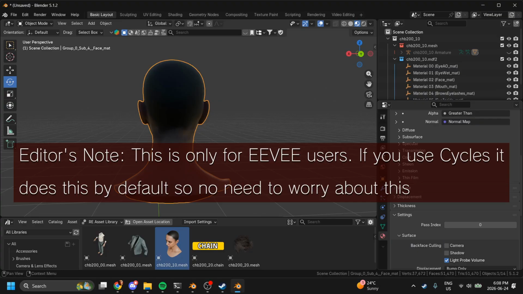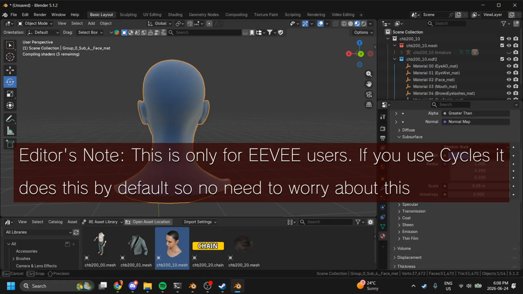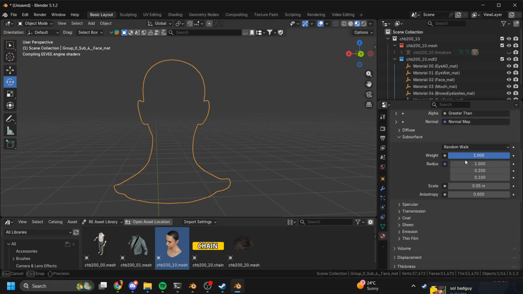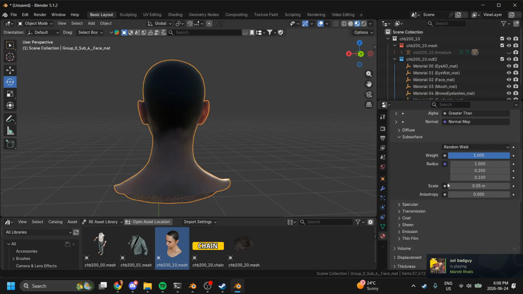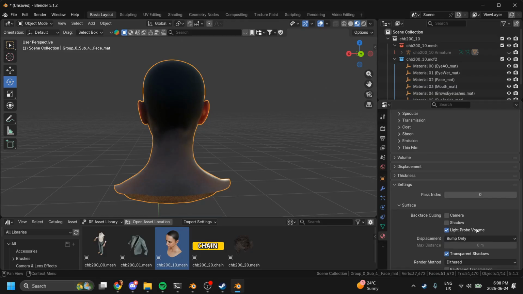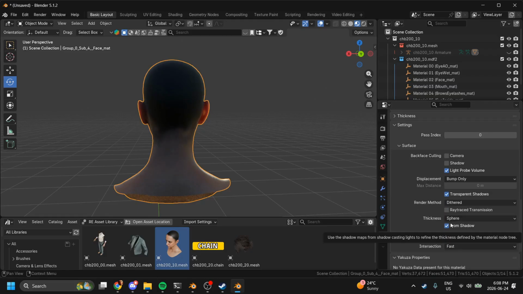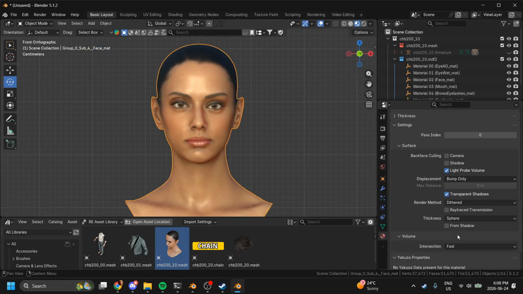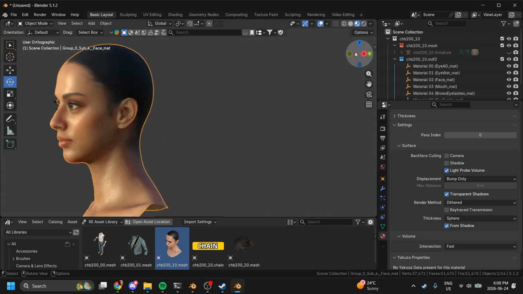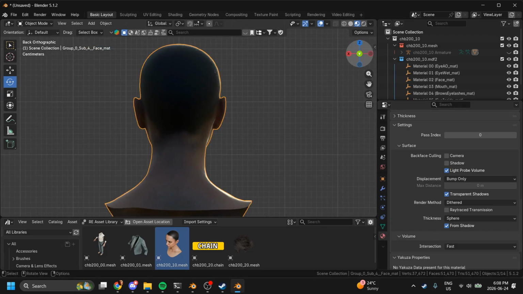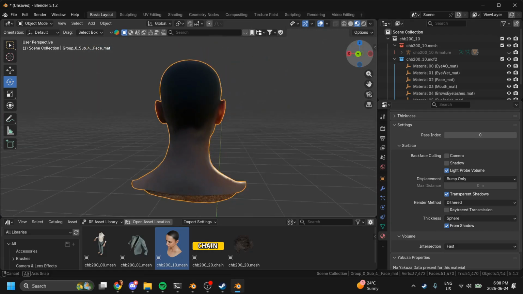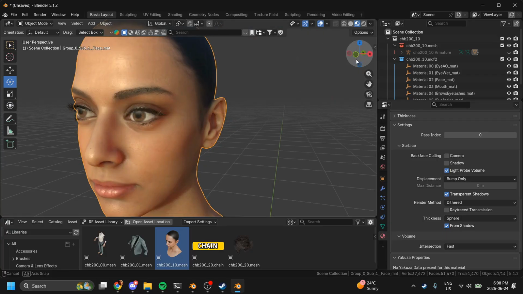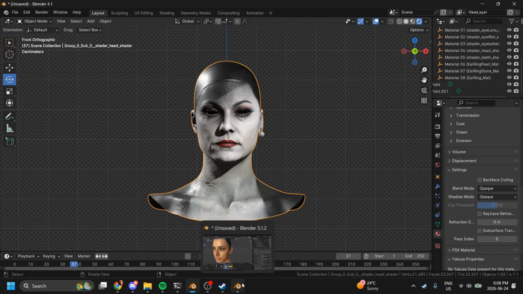Let's just go turn on subsurface. The weight, put it to max. And boom, you see that? Reflects subsurface scattering just like real life, but we'll deal with that later. Turn it off, it doesn't do that. Looks wrong. Turn on from shadow and you get much better, better backscatter results. But hey,